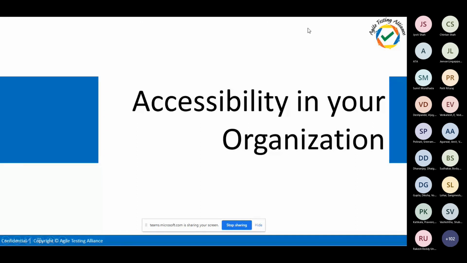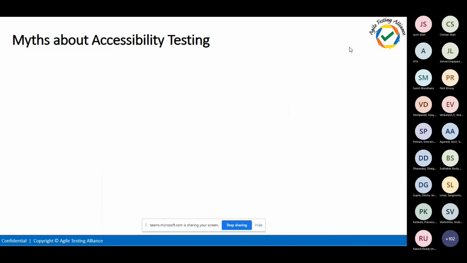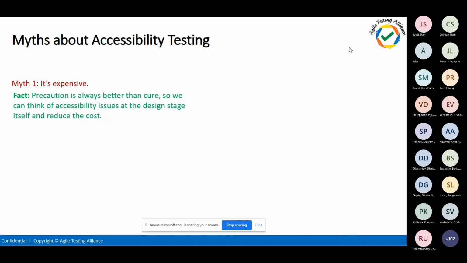Whenever we are trying to do accessibility, there are lots of myths which we hear. The first one is, is it more expensive? Yes, of course it's expensive, but compare it with the fine that is going to be imposed. If you have an inaccessible website, the law is not going to fine you directly. If some disabled person uses your website and you get caught, then you have to pay a fine and also fix those errors. That makes it even costlier.